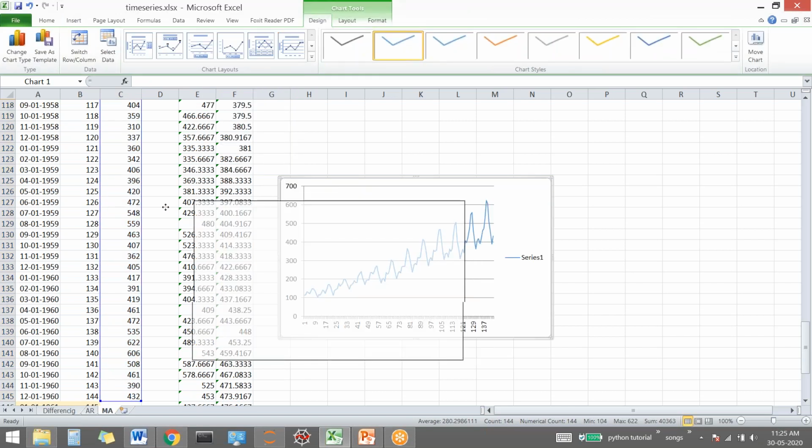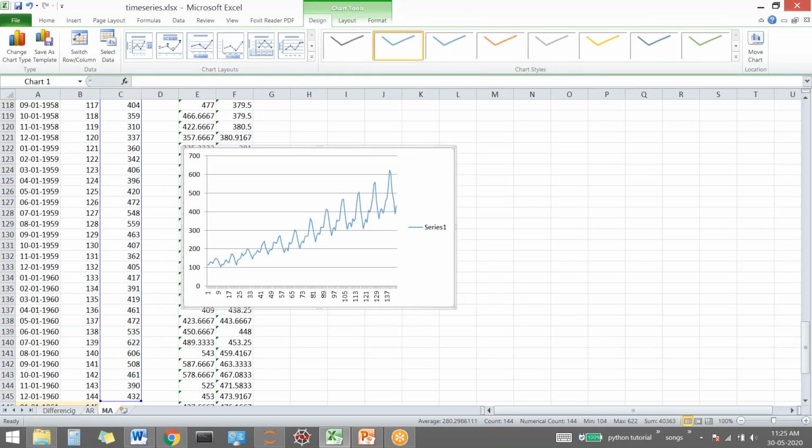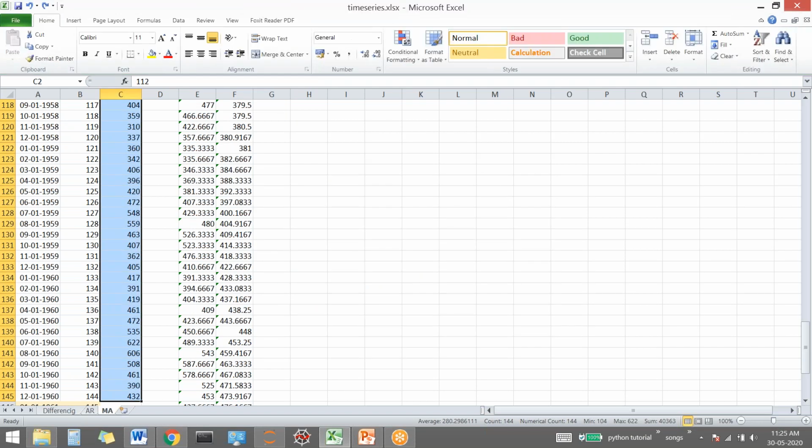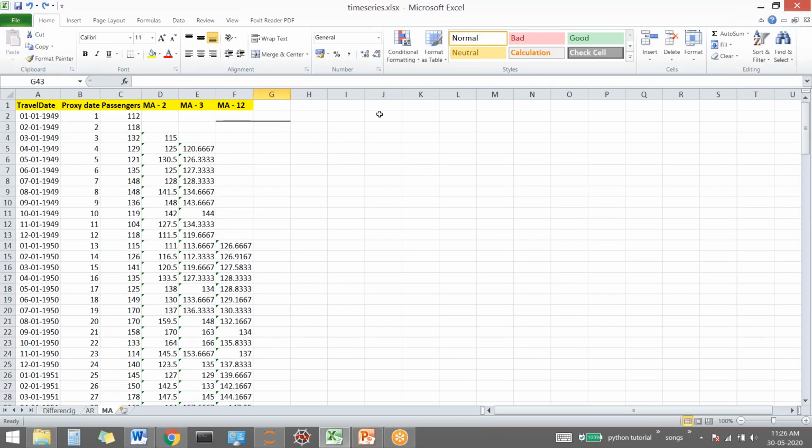These are simple values, correct? Just here. What's wrong?